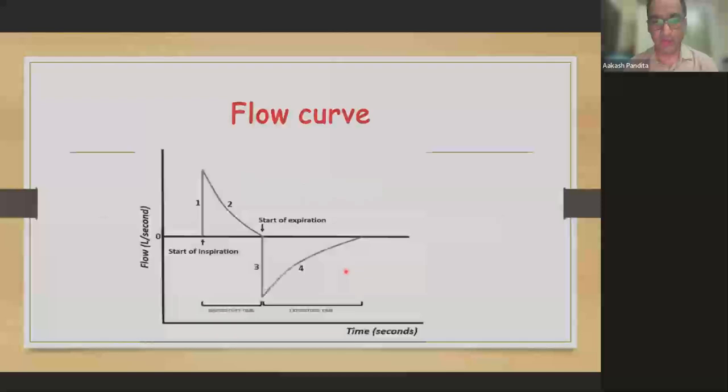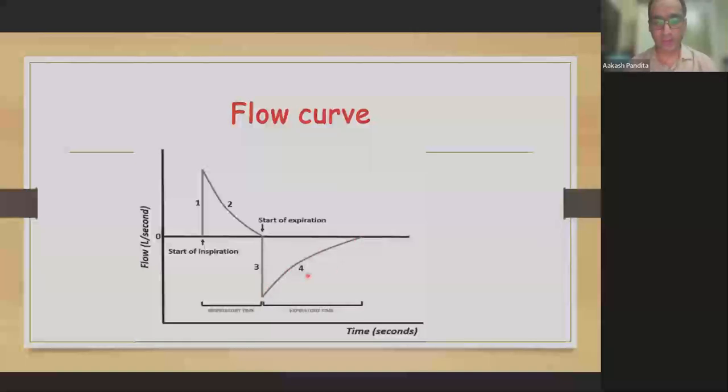Coming to the second curve, which is the flow curve. So we can see as the flow increases to reach the peak inspiratory flow, and then once the pressures are equal between the circuit and the alveoli, there is a phase of zero flow. And then the expiratory valve opens, the flow moves away from the patient, and then finally